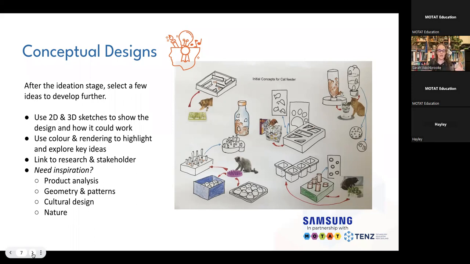Once you've started to come up with these different ideas, the next step is to really start to take it down to 1 or 2 ideas for the next stage, which is really developing an idea. But how do you do that? How do you really pick which ideas are the best ones to go with? Because you might have a few where you're thinking that could work really well, but so could this one. So remember, link back to that brief and your stakeholders.